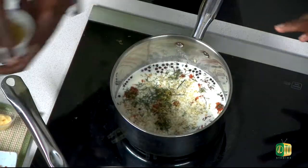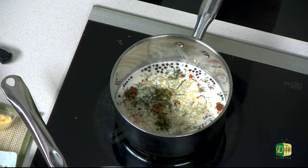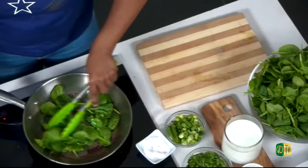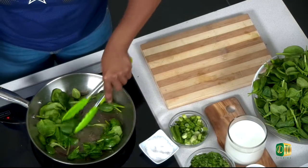I love the base that we're using here and all the ingredients we're using here now. Very green, very earthy, like I say. They smell really good. Just mix it around a little bit there for me, please. Cool. All right. So our spinach is just